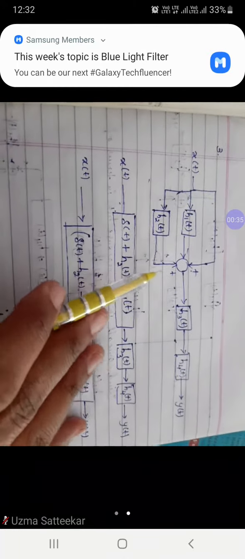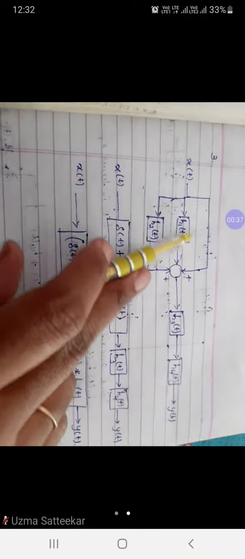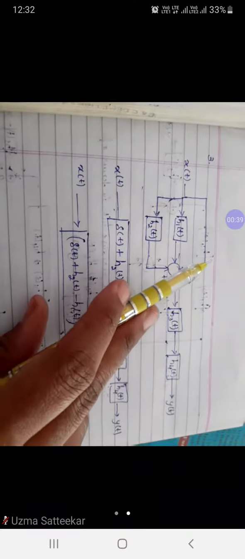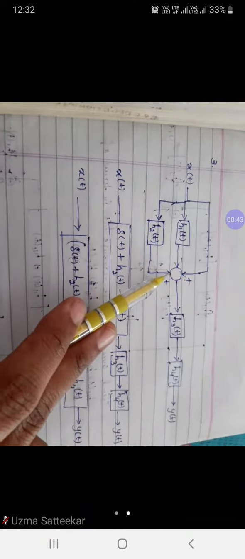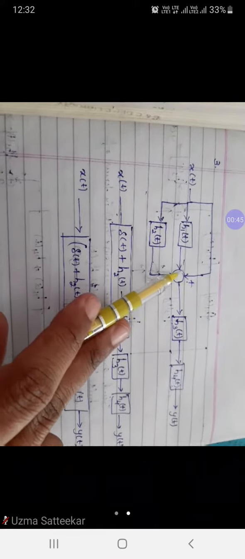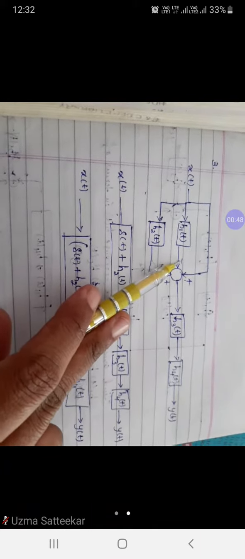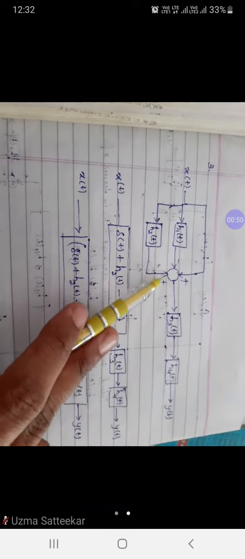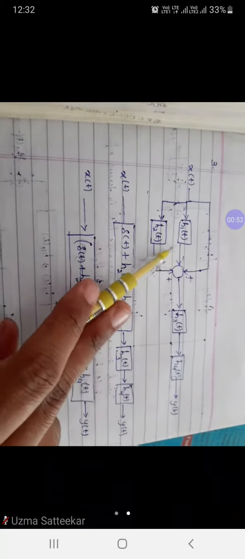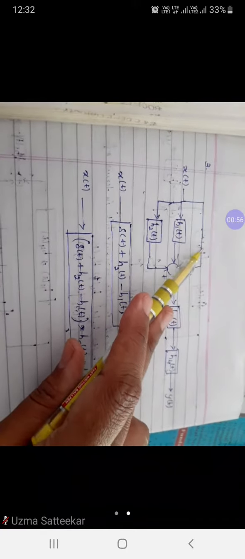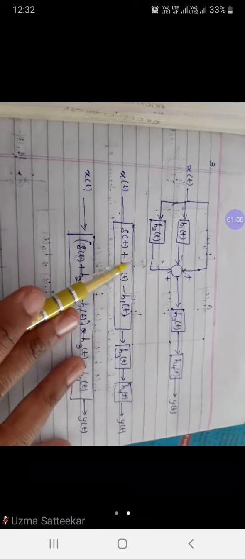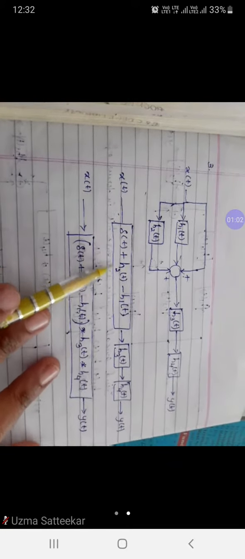Okay. Now let us start with this first. If you see, there are 3 lines getting connected to this adder, and here there is one subtraction sign. So we need to go for addition or subtraction, and it is a parallel connection. So in case of parallel connection, when these impulse responses are connected in parallel, we need to either add or subtract. That's what is being done here in this first block.